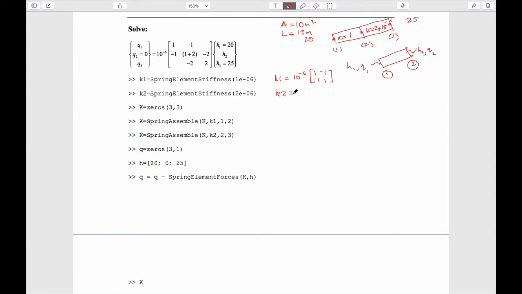K2 comes out as 2 times 10 to the minus 6 times the same operator, if you like. This makes a 3 by 3 matrix, which is equal to 0. As you can probably imagine, 0, 0, 0. And this is going to be the global conductance matrix that we use. And then these two terms together,